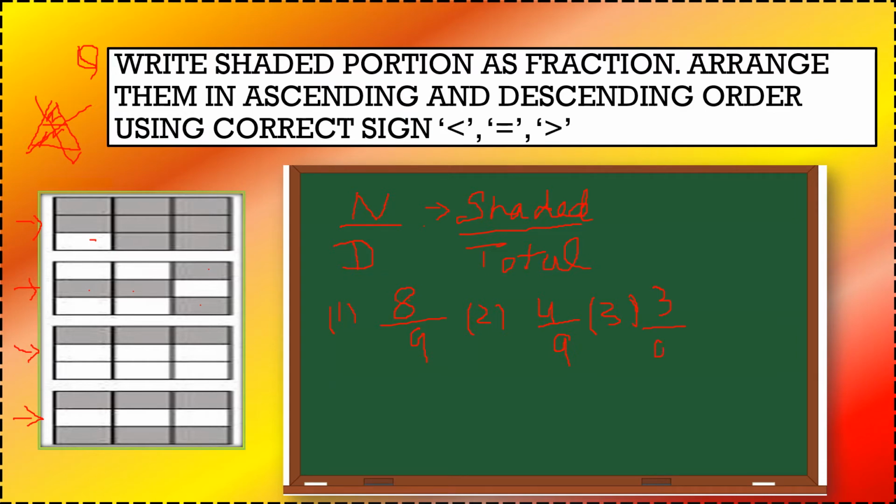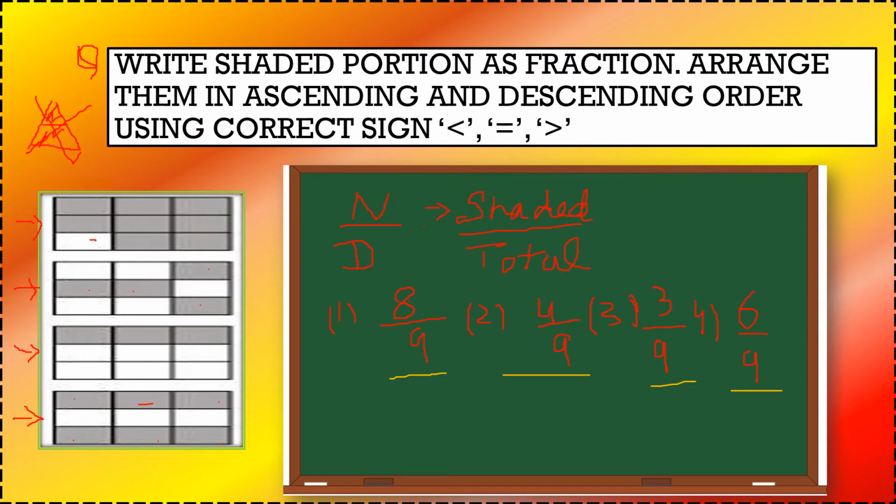And can we look at the fourth one? The fourth is, clearly we can see 1, 2, 3 and 4, 5 and 6. So fourth one is 6 upon 9. Now after that we know the fractions 1, 2, 3, 4. Can you see, this is the first fraction, this is the second one, this is the third one, this is the fourth one, all have the same common denominators. So it is very easy to arrange them in ascending order.